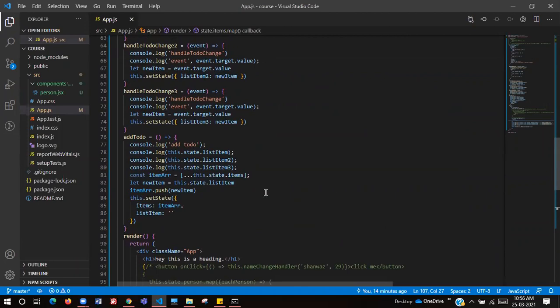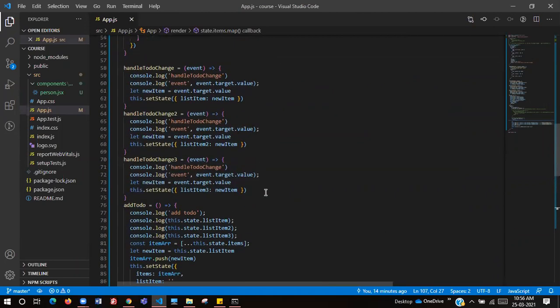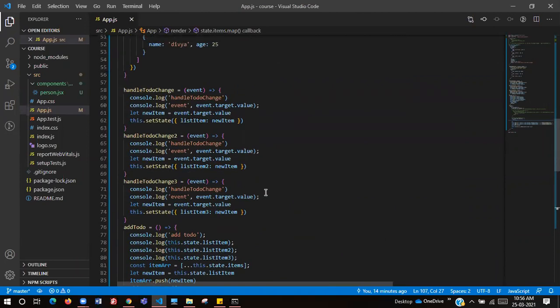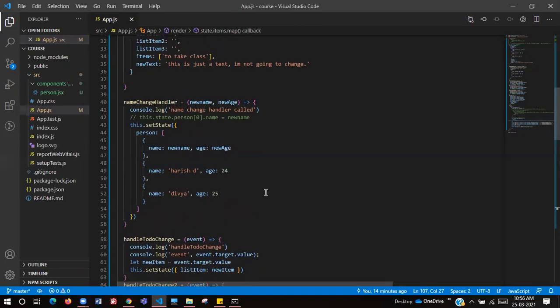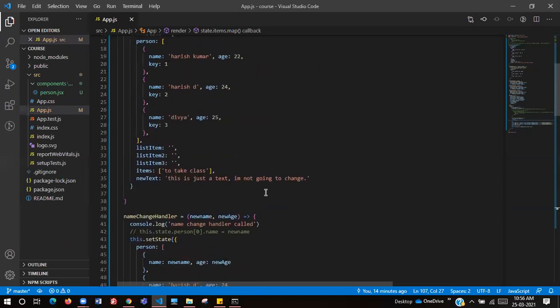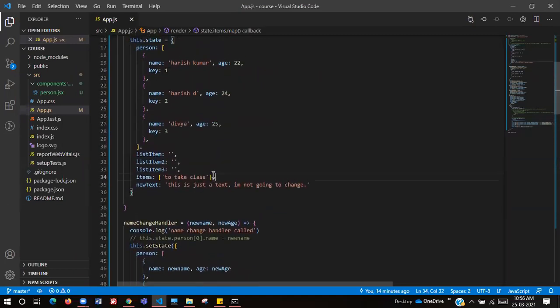Can you scroll up once, Harish? No, about that array declared. Yes, okay. So you just declared an array here. This can be either empty or with a single thing, your wish.